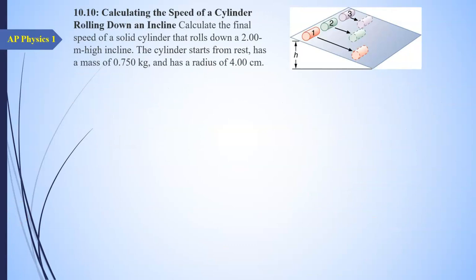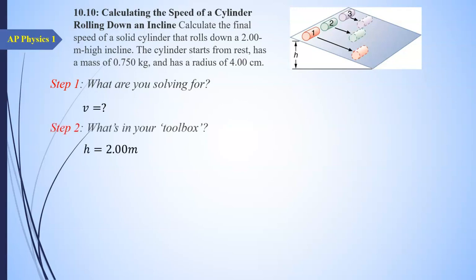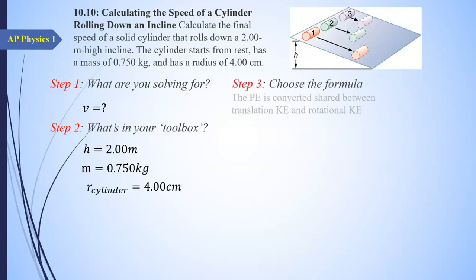Calculate the final speed of a solid cylinder that rolls down a 2-meter high incline. The cylinder starts from rest, has a mass of 0.75 kilograms and a radius of 4 centimeters. So what are we solving for? We want to know the linear velocity going down the ramp. What's in the toolbox? We have the height of the ramp is 2 meters, the mass is 0.75 kilograms, and the radius of the cylinder is 4 centimeters. So we choose the formula. So PE is